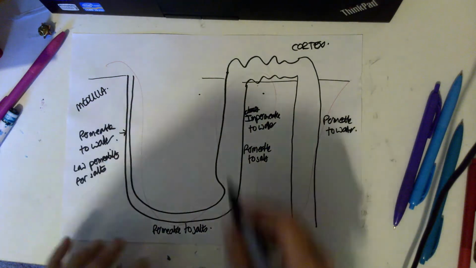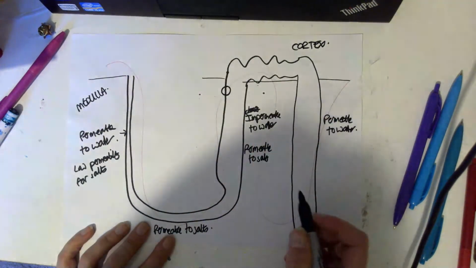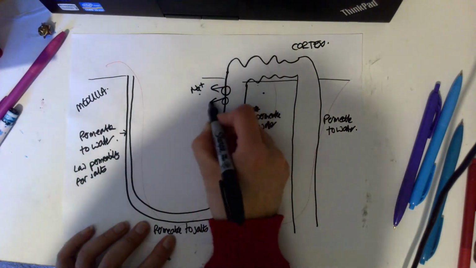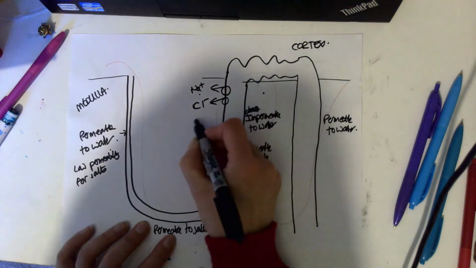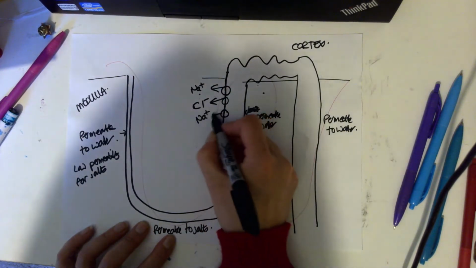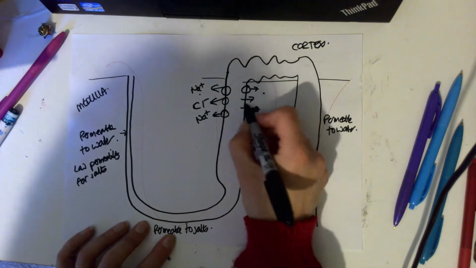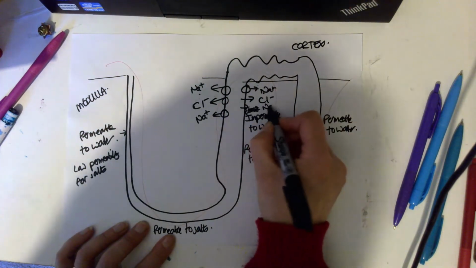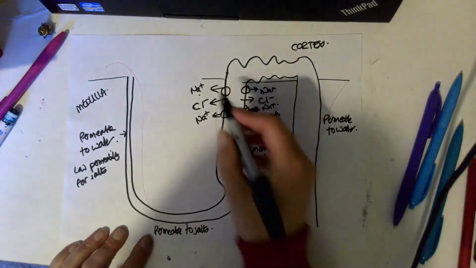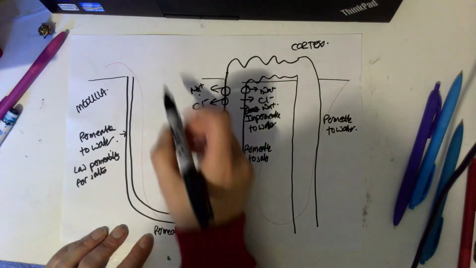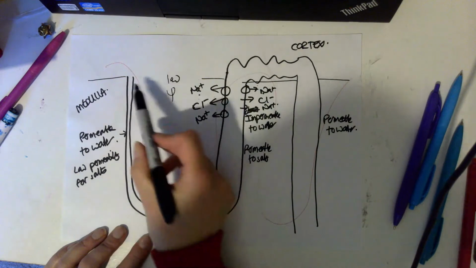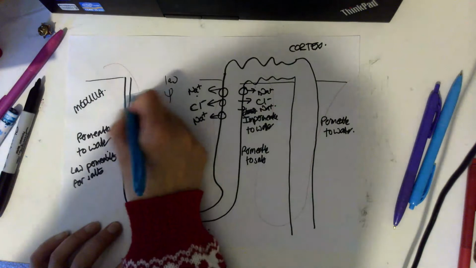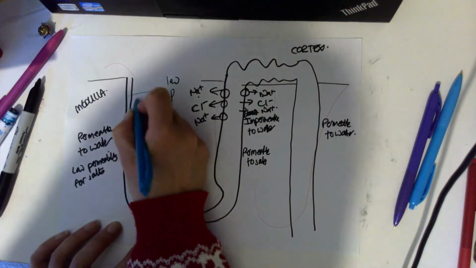So the stages that we had was an active pump, which was going to actively pump out salts into the medulla. So we're always going to maintain a salty medulla. That's happening on both sides. So we've got sodiums and chlorides there. Okay, some more there. So we've got a salty medulla occurring. As that is starting to get a lower water potential compared to the filtrate coming down here, then water moves out of the descending limb. This water will move out by osmosis